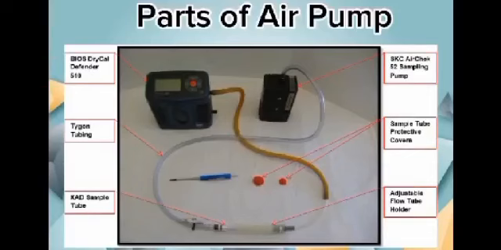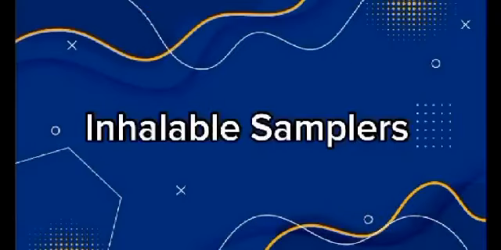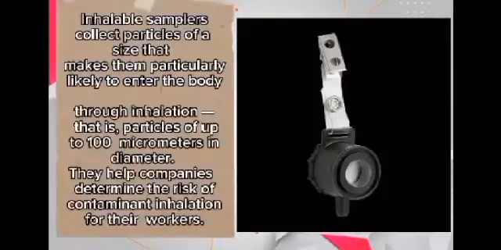Parts of an air pump. Inhalable samplers. Inhalable samplers collect particles of a size that makes them particularly likely to enter the body through inhalation. That is, particles of up to 100 micrometers in diameter. This is important since they help companies determine the risk of contaminant inhalation for their workers and